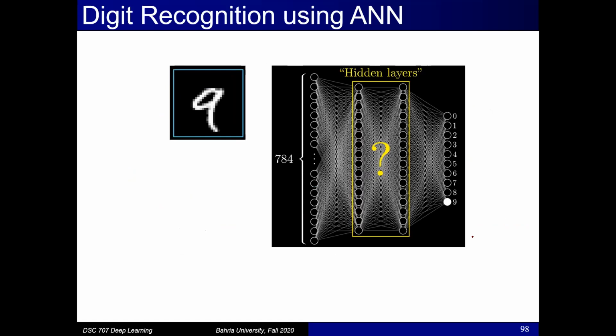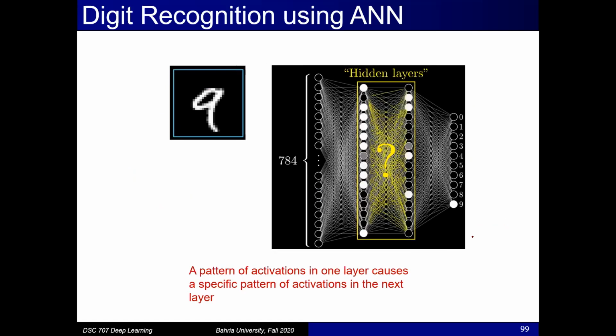Okay, now there's a slight ambiguity about what these layers are actually learning. So you see, we are very clear what the input is doing. We are very clear what the output is doing, right? But this hidden part is somewhat non-intuitive. We cannot tell what features these layers are learning in order to tell that the image on the left side is actually digit 9, right? So the best we can say is, as I told you, there's no intuitive explanation of what they are learning,